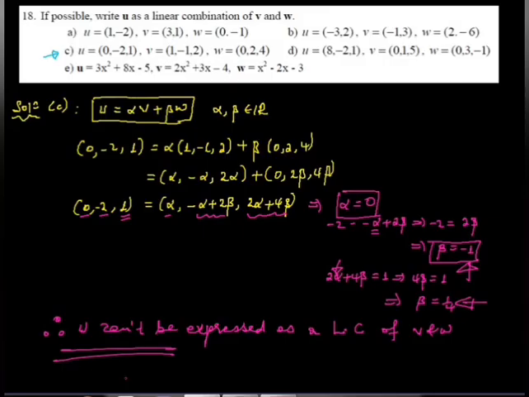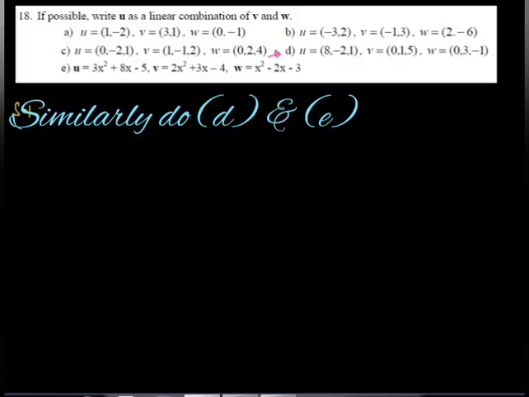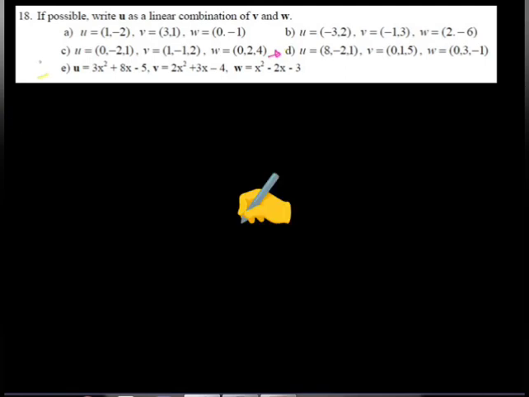So እነዚህ ሶስት ቬክተሮች linearly independent ናቸው ማለት ነው በሌላ አባባል። ከa እስከ c ያሉትን properly understand ካደረጋችሁ፣ በተመሳሳይ መልኩ d እና e ውስጥ ያሉትንም ነገሮች በተመሳሳይ መልኩ ማሳየት ትችላላችሁ።